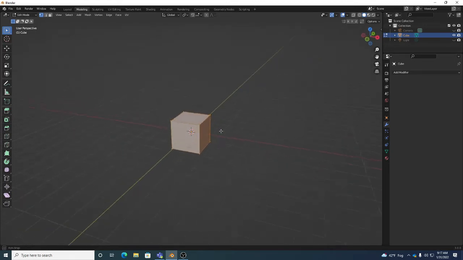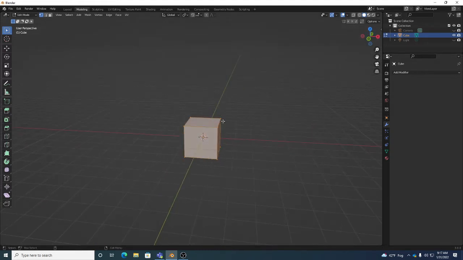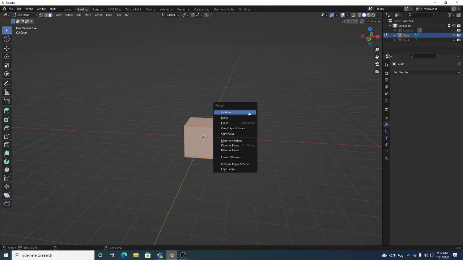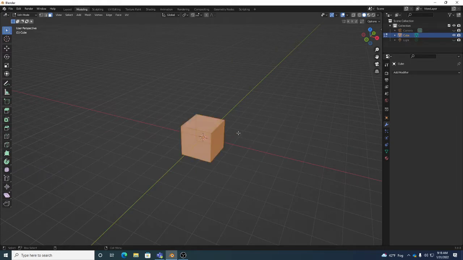All right. Now, in this case, I don't really need or want this cube, right? We're doing something different with this. So if I just hit 3 for face mode, right, I can go to delete faces, right? And that gets rid of that object, right? You could technically do it in object mode as well, right? So remember, if I undo,